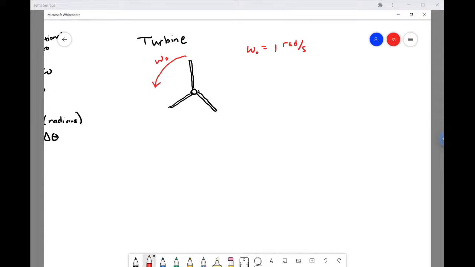And it's going to come to rest, which means that in the future, its omega is 0 radians per second. That means it's decelerating. It's slowing down its rate of rotation. And if you know how long that took, let's say 20 seconds, then you can figure out the rate of deceleration,